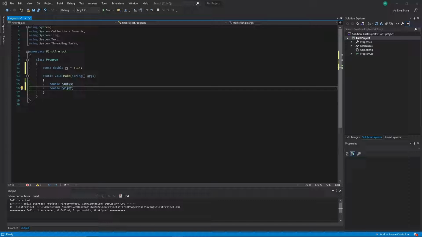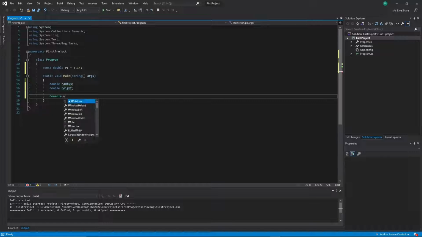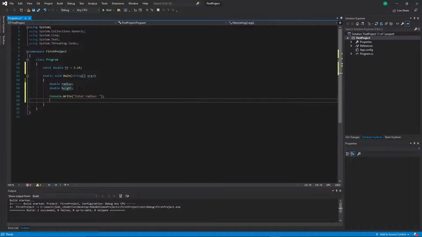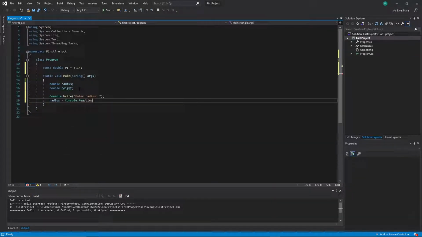So the first thing I'm going to do is prompt the user for input. So I'll do it sort of two ways. I'll do it in this video. Let's go ahead and just first have our prompt message. So console dot write, and I'll just say enter radius, like that, which will just prompt the user for something. Then we'll have radius is set as console dot read line,